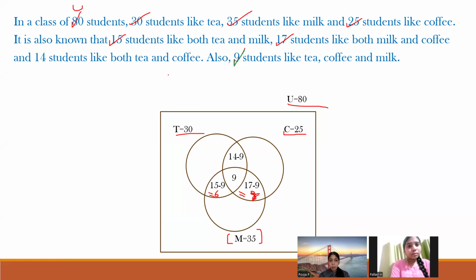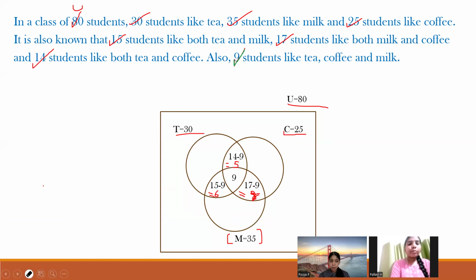Next, 14 like both tea and coffee. So this entire region is 14. These many people like both tea and coffee. Among these people, 9 are already kept here. So this region's remaining portion is 14 minus 9, which is 5. So we have got all these values. Now, next thing that we have to see is these regions where we have not given any number. So when it comes to these three regions, 1, 2, and 3,